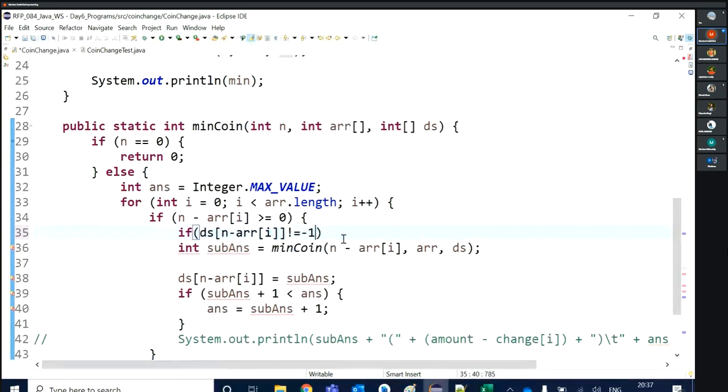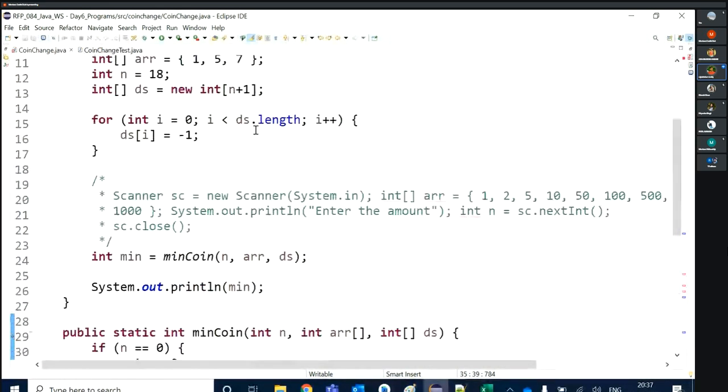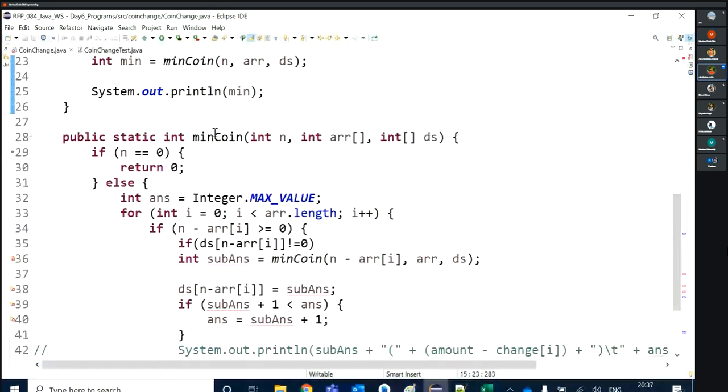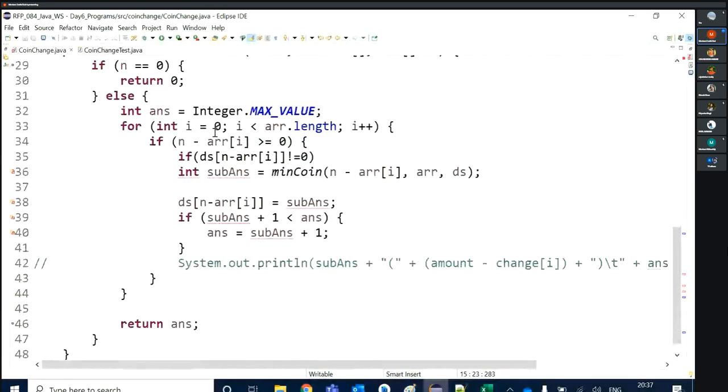If I'm checking not equal to 0, let's say, it will not go for checking for the amount 0. Getting me, sir? Remove the -1 in initialization, sir, and check it once. Okay, I'll do that when our program finishes. You will understand.